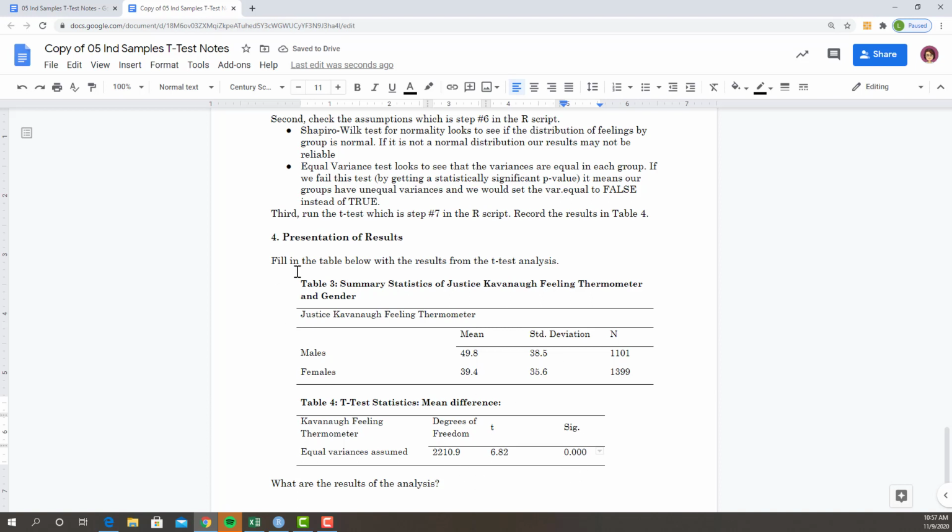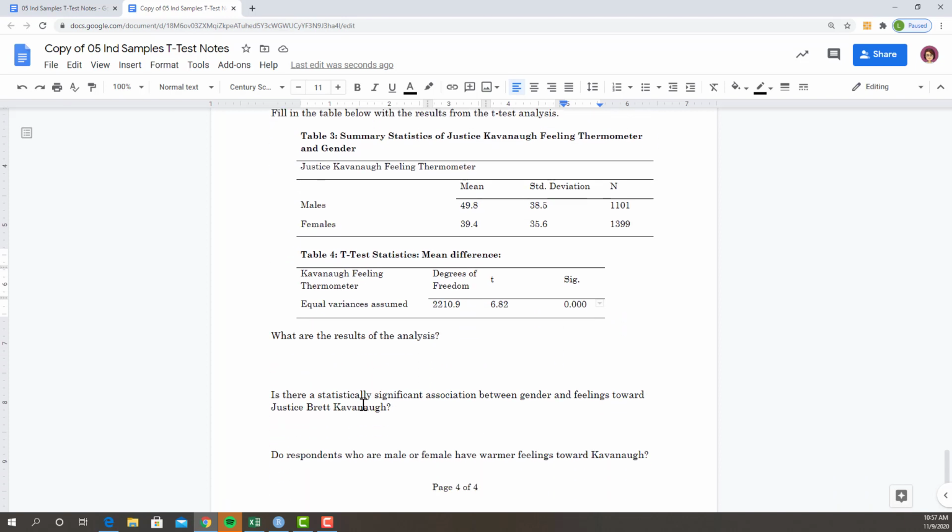When you have to do this for homework, I highly recommend you just copy these tables, paste them into your homework, and update the titles and the categories as needed. Save yourself some time making tables. So now we're going to get into what does this all mean. So what are the results of the analysis? So we can see the